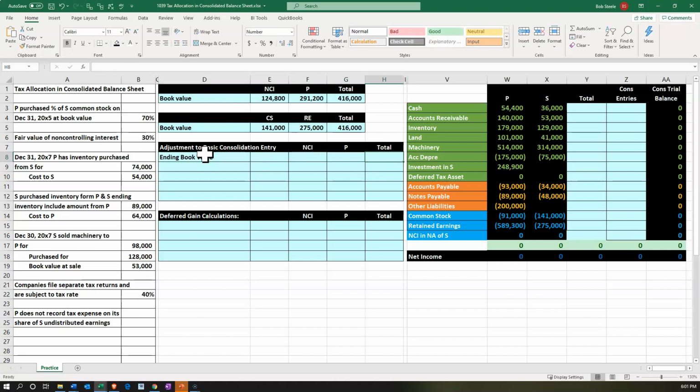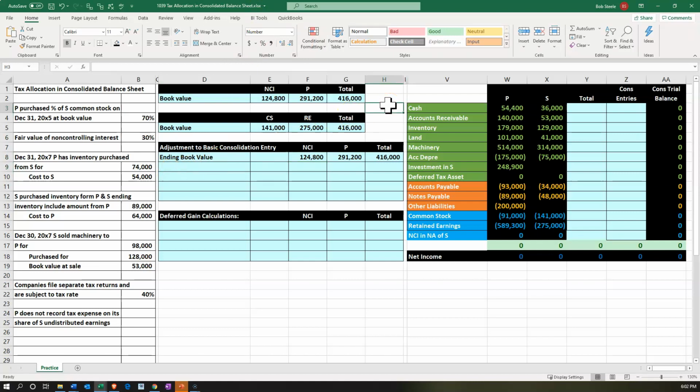And that's going to be that same 416. Pick up that 416, which normally is the first journal entry. We're going to break that out between the controlling and non-controlling interest: the 416 times the 70%, and the 416 times the 30%. Okay, and now we want to think about these transactions over here and what the effect will be with regards